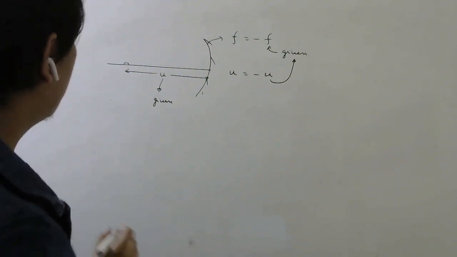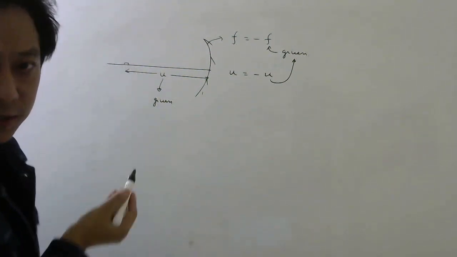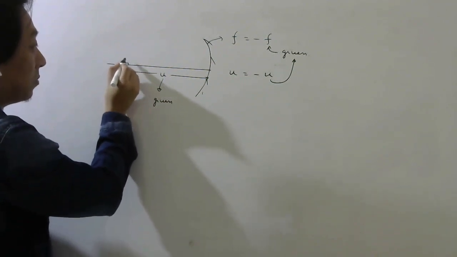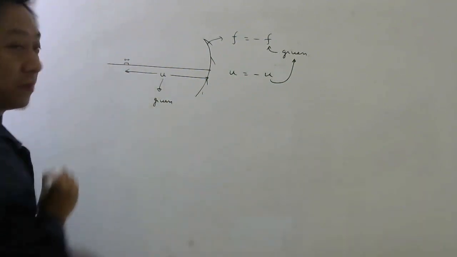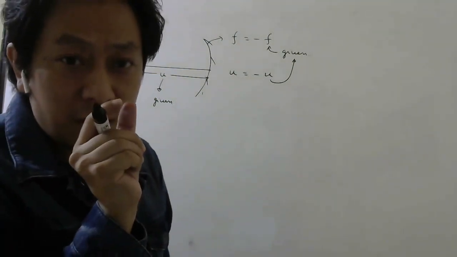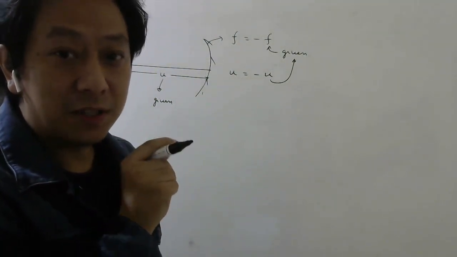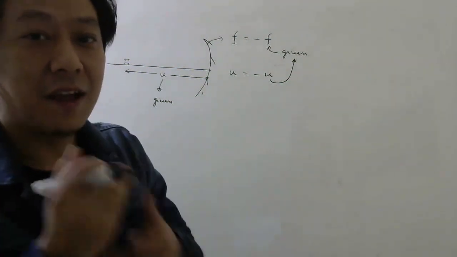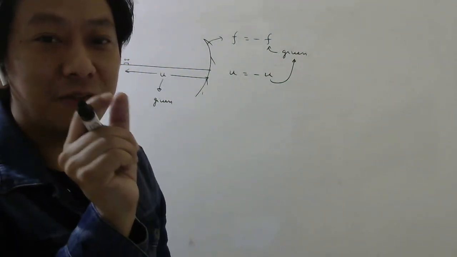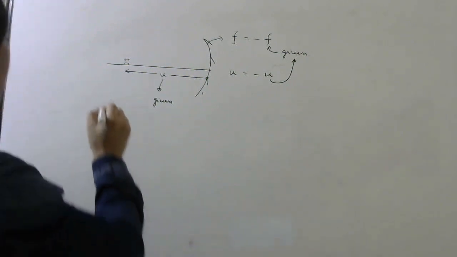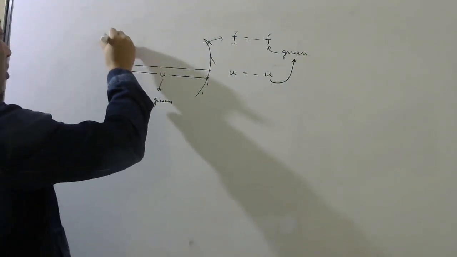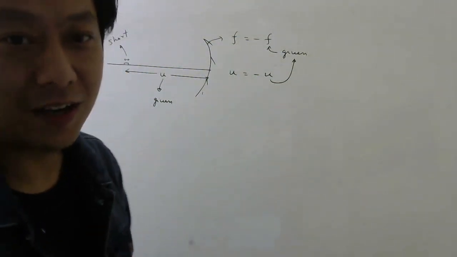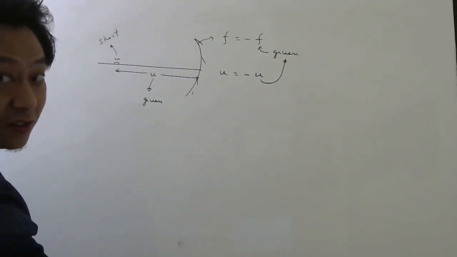Correct? No? Okay. Now you may think, it is similar to the previous question. So find image of this, find image of this, but this distance is very small. So when a very small object is kept on the principal axis, parallel to the principal axis, there is a direct formula to find the length of the image when the object is short. If you remember, I have derived it in our regular class. So let me just remind you once.